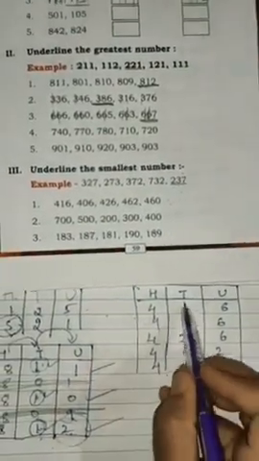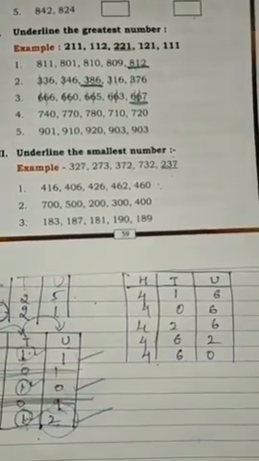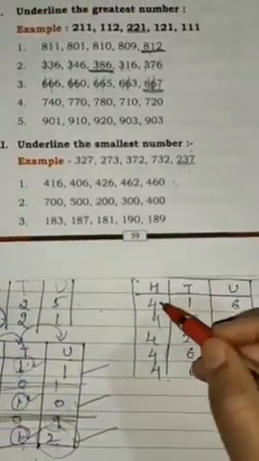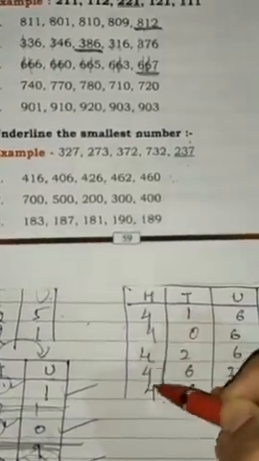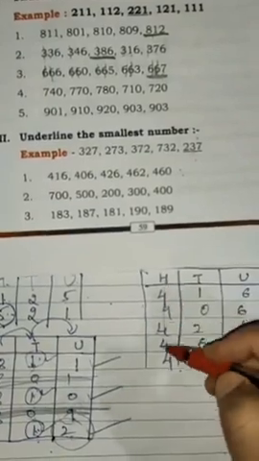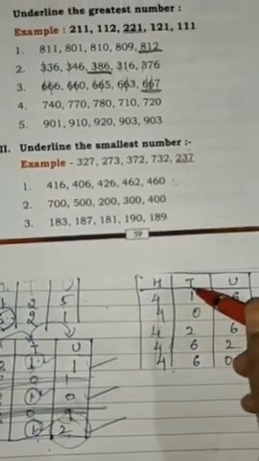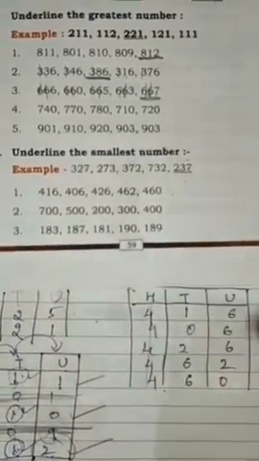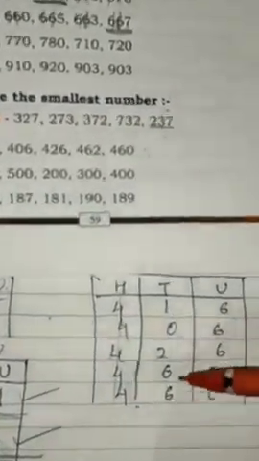So, next, what do we have to do now? You only have to tell me what I have to do now. Yes, first we have to compare the digits in the 100 place. So, 4, 4, 4, 4, here all are similar. So, just leave this 100 place. Okay, now come to the 10th place. Now tell me which is the smallest, because we are looking for the smallest number.